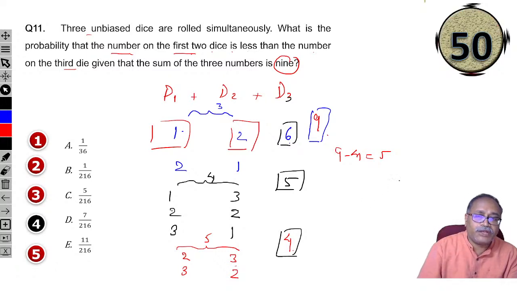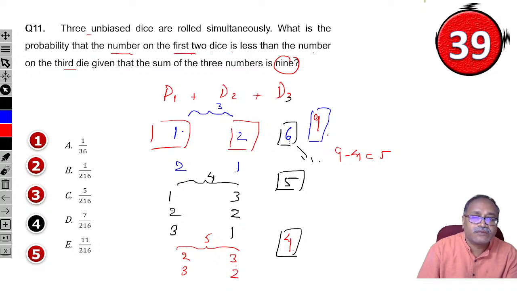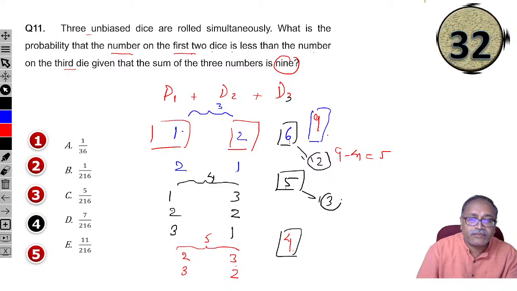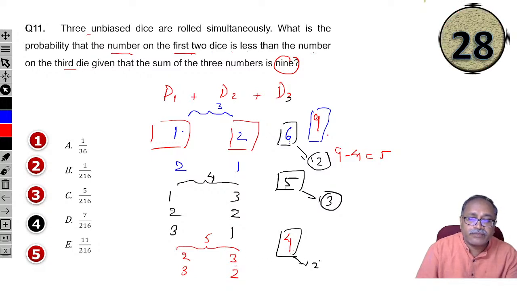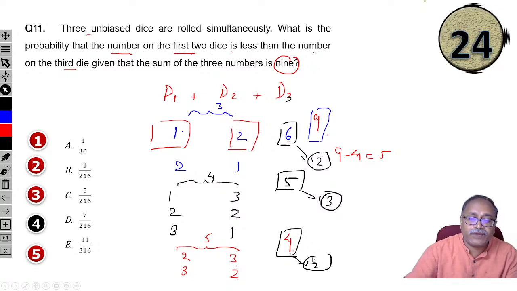You know the probability is equal to the favorable by total outcome. What is my favorable outcome? With 6, 2 outcomes are there. And with 5, how many outcomes are there? 3 outcomes are there. Favorable outcome. And with 4 in the third dice, we have 2 outcomes. So what is my total number of favorable outcomes? The total number of favorable outcomes is nothing but